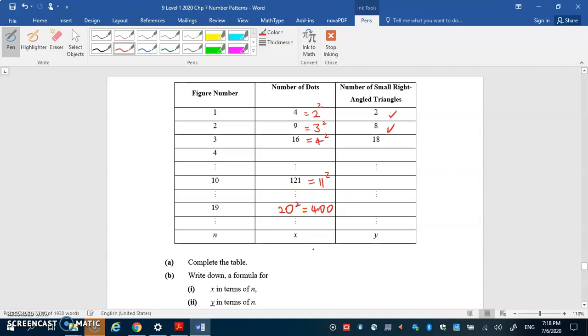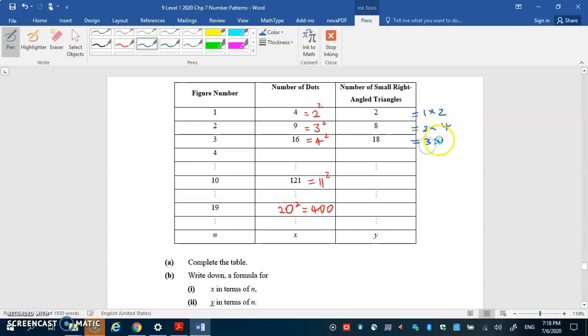Okay. Now let's go to the number of small right-angled triangles. For figure number 1, the number of small right-angled triangles is 2. For figure number 2, it is 8. For figure number 3, it is 18. So if we try to find a pattern, this is like 1 times 2, this is 2 times 4, this is 3 times 6,